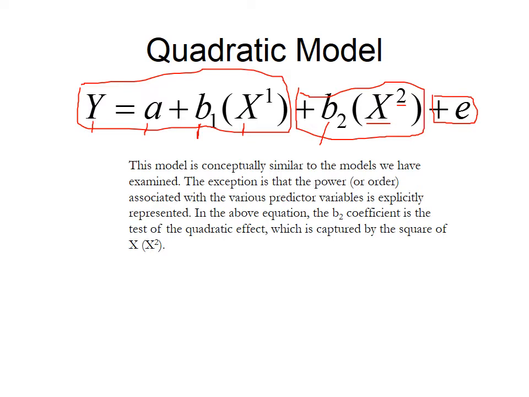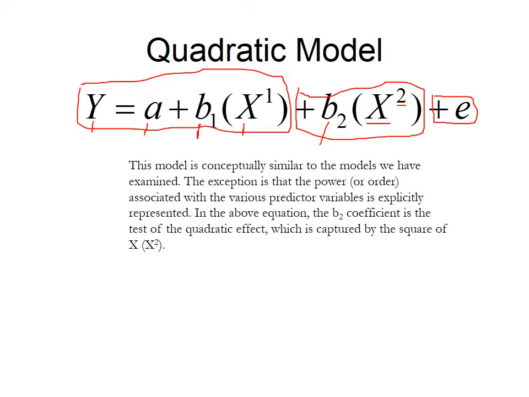So that part of the equation is exactly the same. At the very end of the equation, we have our error term. No prediction is perfect, so we'll always have some error involved in our equation. What's new in this equation is the second part here, our second slope variable. Our second slope regression coefficient is multiplied by x squared.